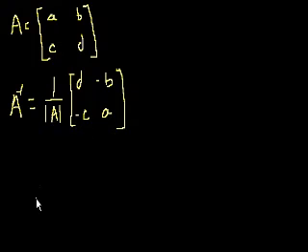So my question to you is, what will make this entire expression undefined? Well, it doesn't matter what numbers I have. If I have numbers here that make A defined, then I can obviously swap them or make them negative, and it won't change this part of the expression. But what would create a problem is if we attempted to divide by 0 here, if the determinant of the matrix A were 0. So A inverse is undefined